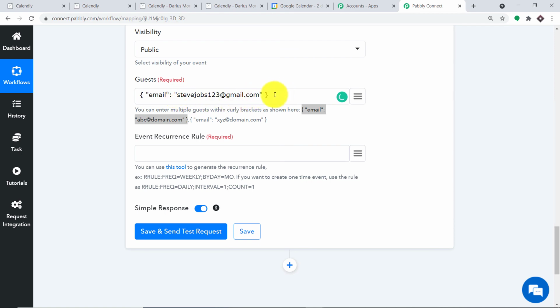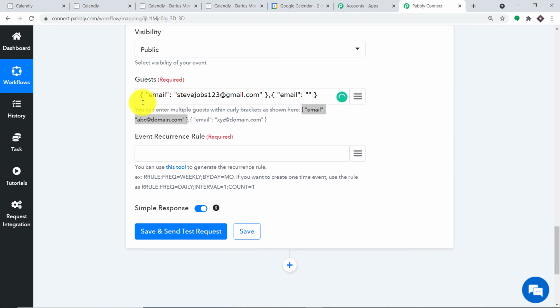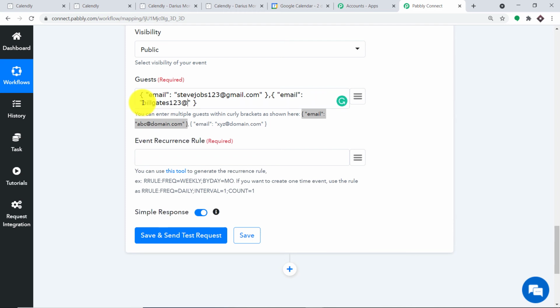Now if I want to tag along more people, I'm just going to enter a comma, okay, and once again I'm just going to paste this thing here, and here once again I'm just going to mention the email of the person. Now if I'm going to bring Bill Gates with me, Bill Gates to teach the chemistry class, so this is his email, okay, and we have entered it. So that's the idea. If you want to add more guests, just add a comma, enter this bunch of characters and enter the email. Easy.